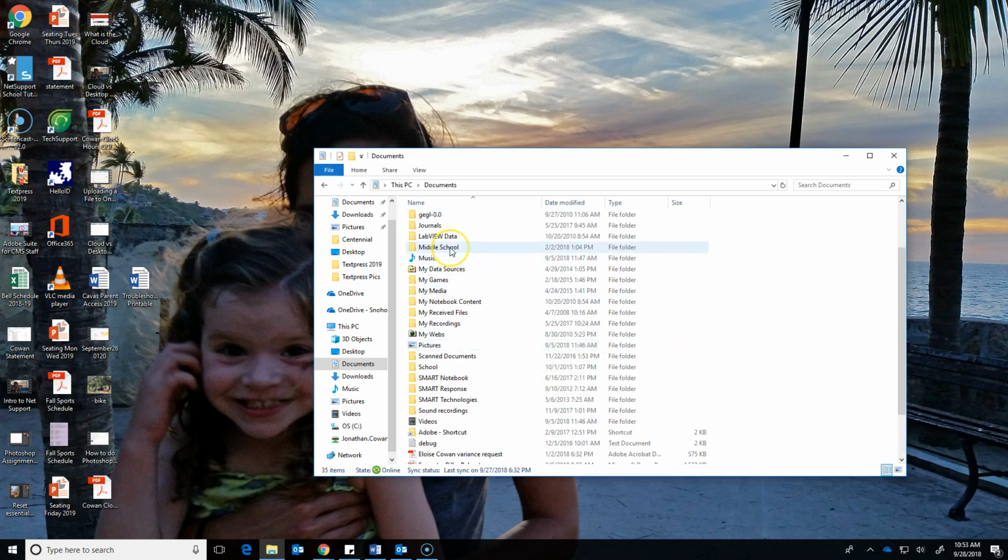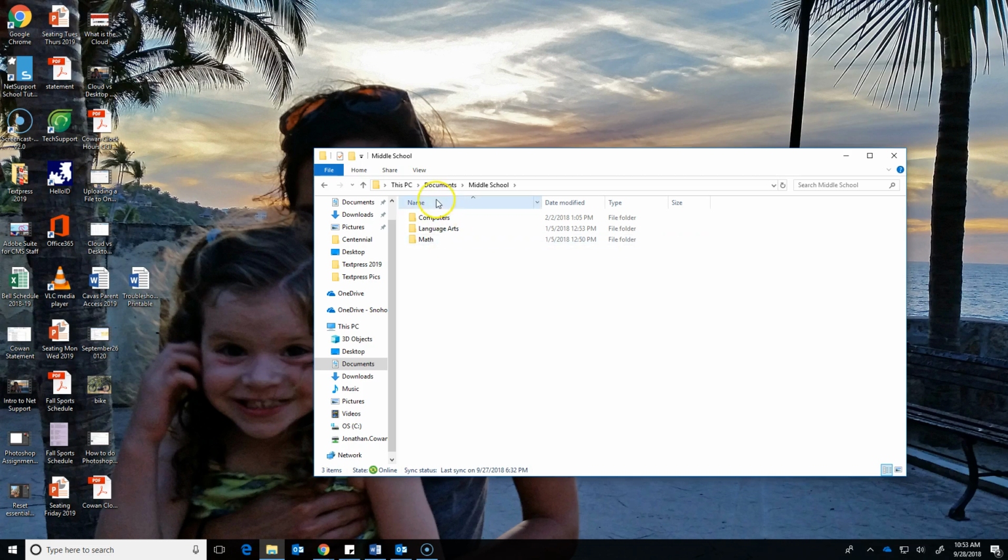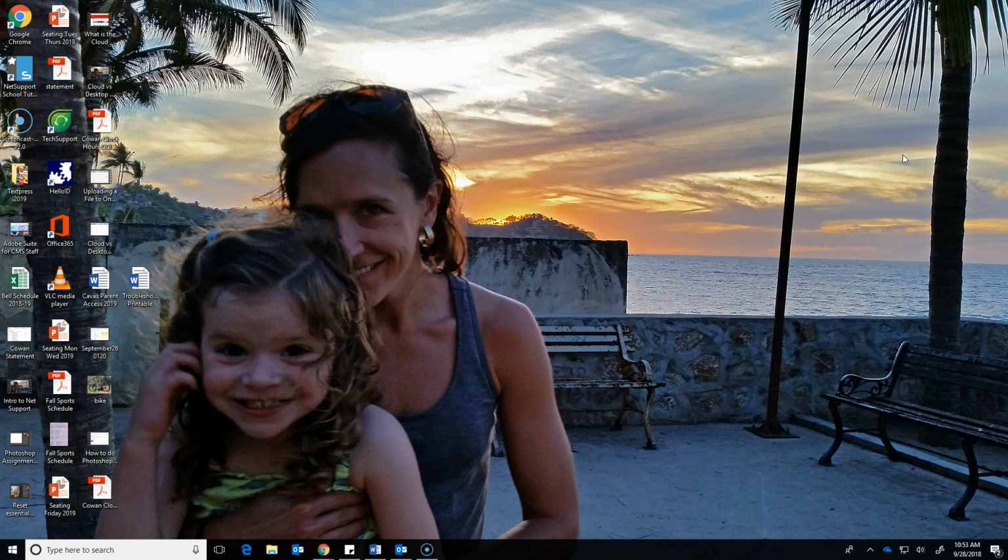So if I go to my Middle School folder and open it up, now I see that I made different folders that relate to each one of my classes. And then inside those class folders, I can save files that relate to those different classes. So that way, if I'm trying to find something, and I'm like, oh man, I need that file for my computers class,